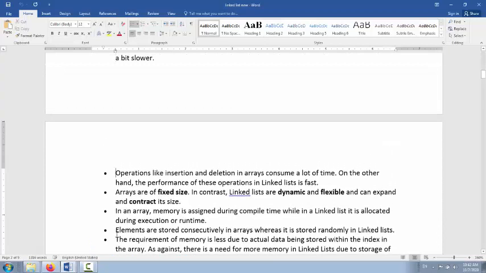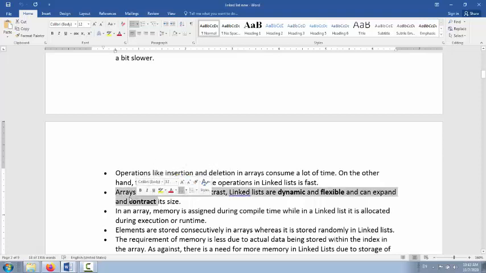Another one is operations like insertion and deletion, which in an array consume a lot of time because we have to shift the elements. On the other hand, in a linked list we just want to link one node to another node. If we delete an element or add one node inside the linked list, then only one step or one link is required, so it is faster than the array.